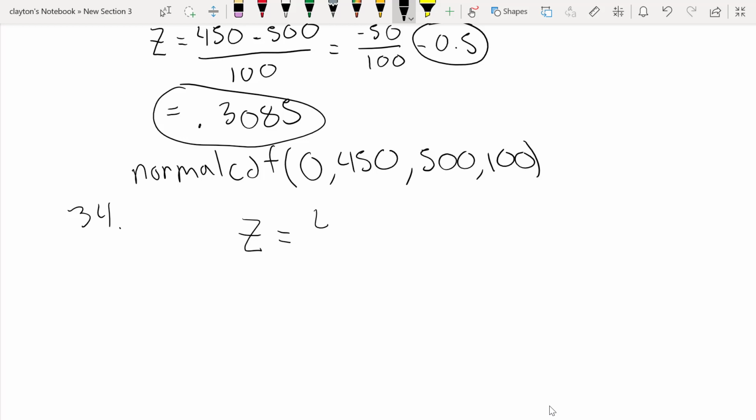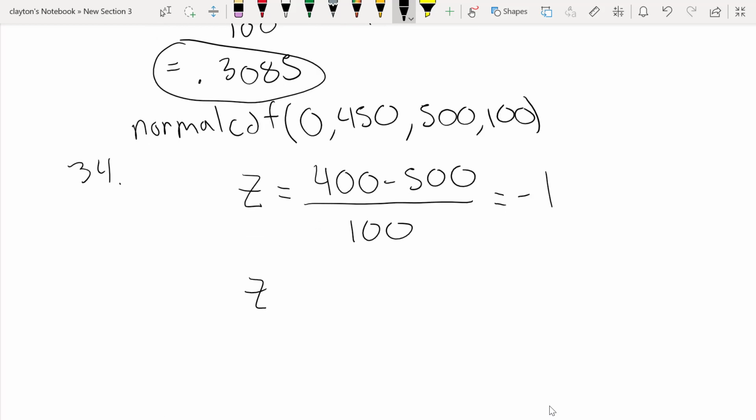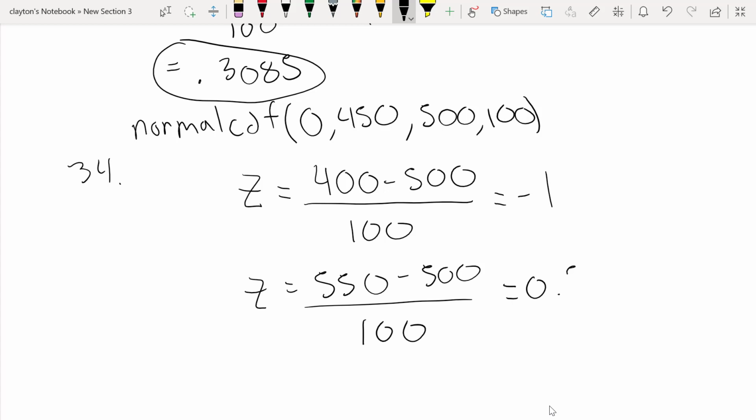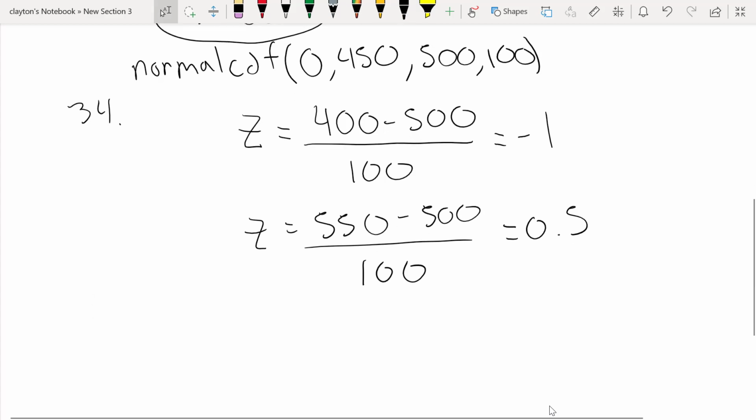So now our first one is 400 minus 500 all over 100. So we have negative 1. Our next one is z is equal to 550 minus 500 all over 100. So we have 0.5. So we could type the 400 and the 550 into normal CDF, but we can also use